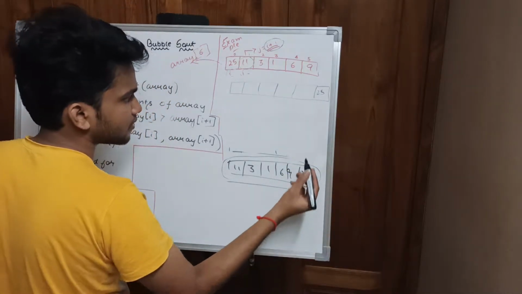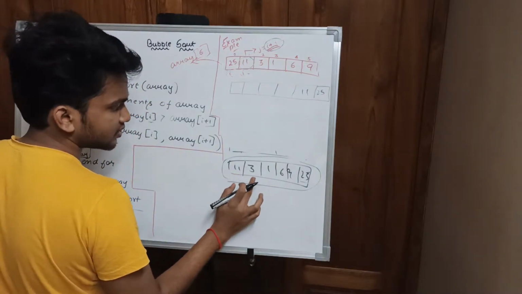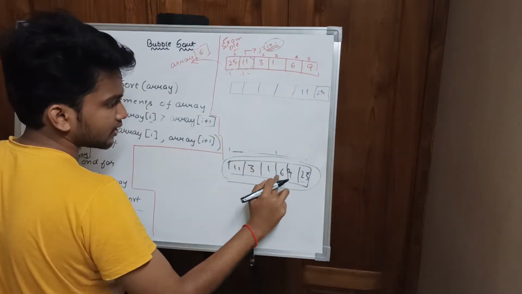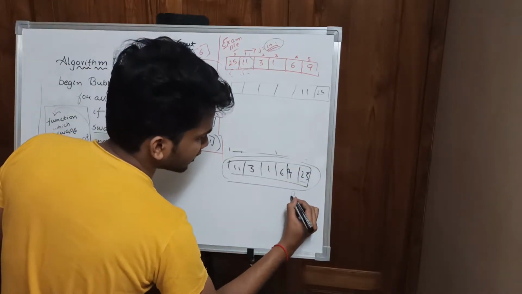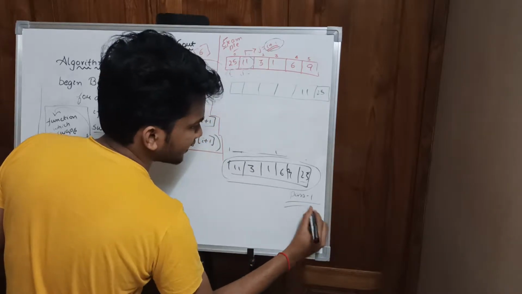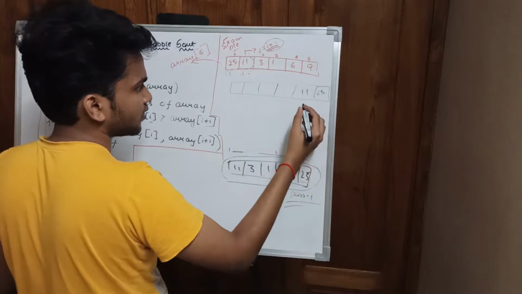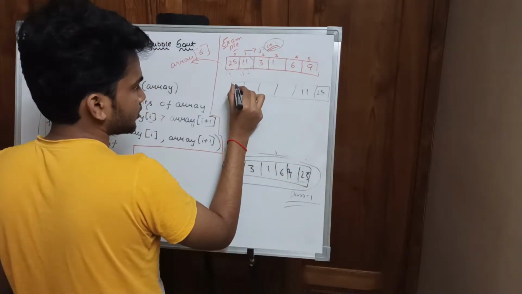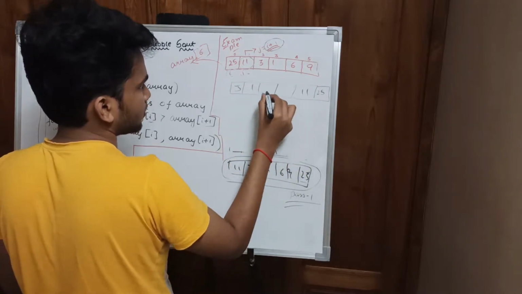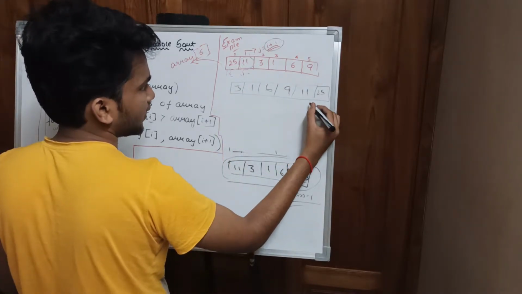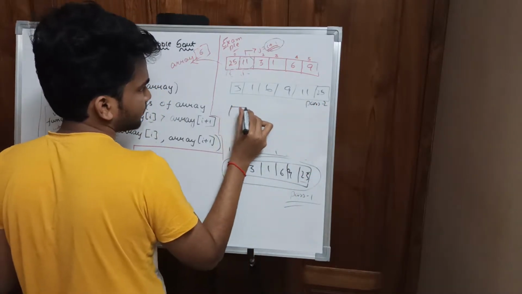Now the second largest element, 11. Obviously when we start comparing 11 with 3, 11 will come here, again 11 will come here, it will shift and come till here. So this is pass 1. By the end of pass 1 we will get it like this, and by the end of pass 2 we will get a pattern like this. Everything will remain the same except the 11 will change: 3, 1, 6, 9. So by the end of pass 2 we will get a thing like this.